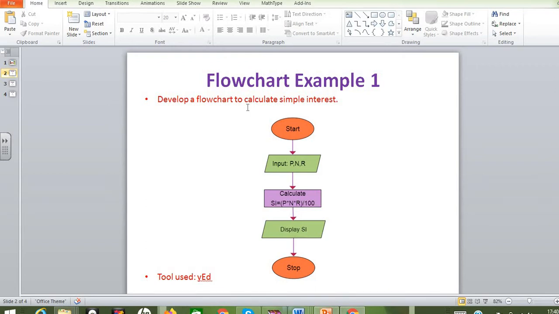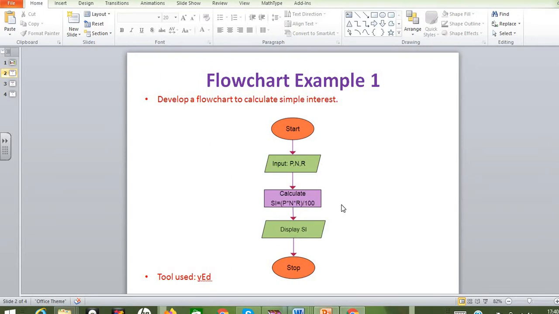As we all know, for beginners who are going to start coding, we usually give this particular program, simple interest calculation. The logic behind it is that I need to get three things from the user. The formula for simple interest is principal into number of years into rate of interest, which is P into N into R divided by 100. If I do this calculation, I can obtain the interest which I need to pay.